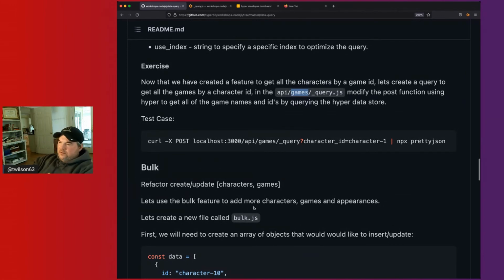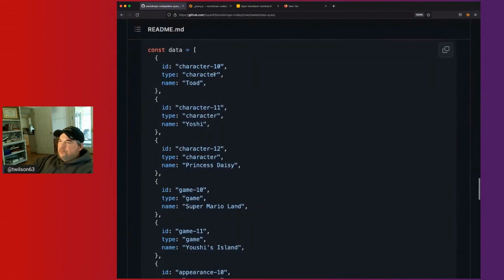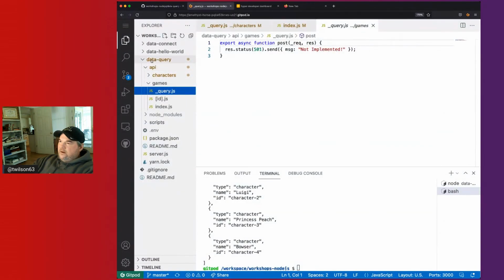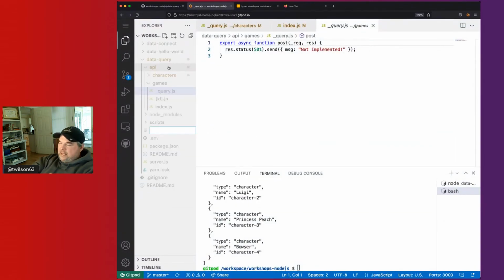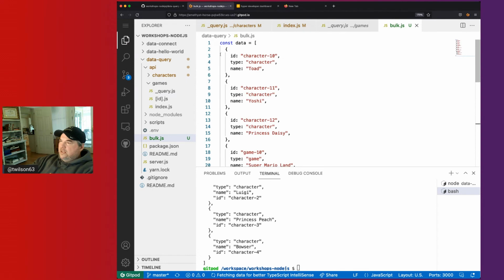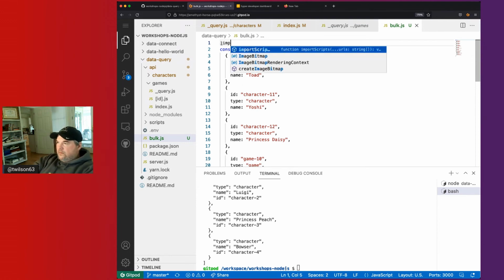Hyper data bulk allows you to create, update, or remove characters. So in this case, we're going to do that. We've got some data here. We're going to just copy that data, and we're going to create a new file in our data query folder. And we're just going to call that bulk.js. And in this new file, we're going to just paste that data variable. And what we're going to do is just create this bulk load for our little API, so we can always load this data. And to do that, we need to import